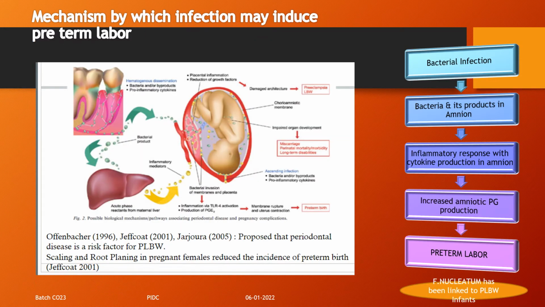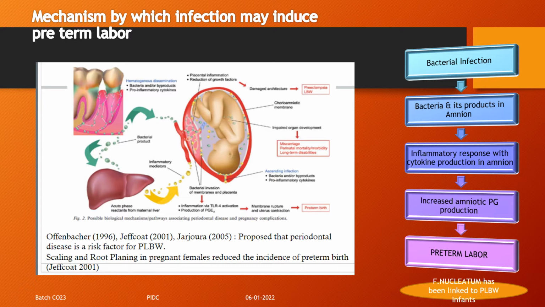So then comes the mechanism by which infection may induce preterm labor. This clinical picture clearly shows the mechanism by which the infection can induce preterm labor. Not only the bacteria alone, but also the bacterial products and the inflammatory mediators like pro-inflammatory cytokines lead to hematogenous dissemination to various aspects, and also reach the placenta, which could lead to placental inflammation, and which again leads to inflammatory mediators,